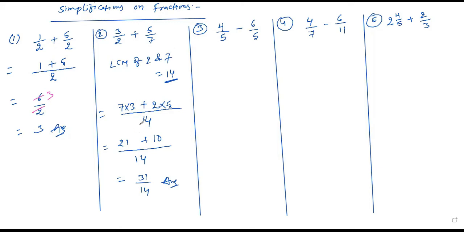This is the easy process, and it is very easy for every kind of simplification, whether you have more than 4, 5, 6 fractions. This process is easily applicable for all kinds of sums of fractions, so use this process only. Otherwise the equivalent fraction process is also fine, but it is not easy for all kinds of sums. Got me? Yes, sir.